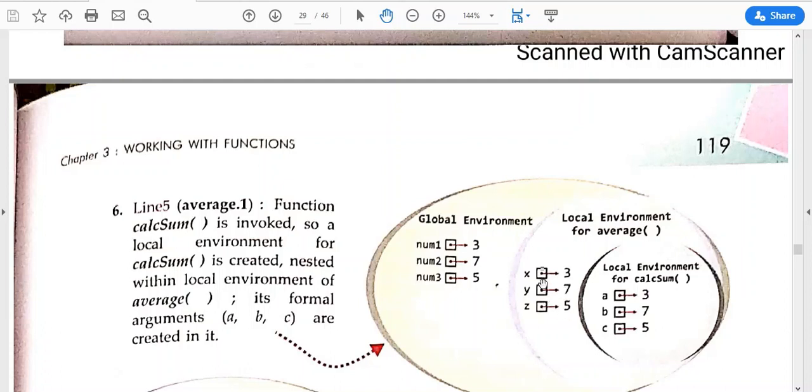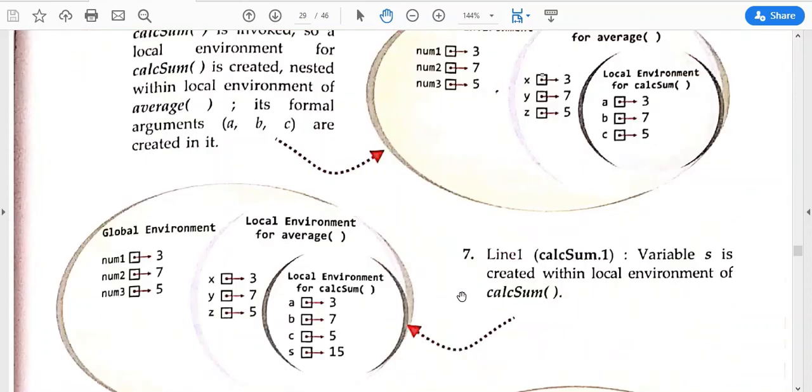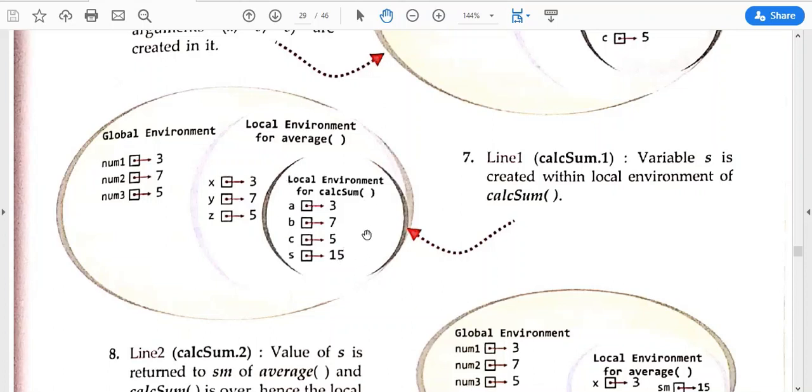So you can see, firstly you passed num1, num2, num3 to the average function as x, y, z, then it was passed to the calcsum function. Now this calcsum function will return it here, then this will go here. I hope it is clear. See, when this disappears, you will get the result here.